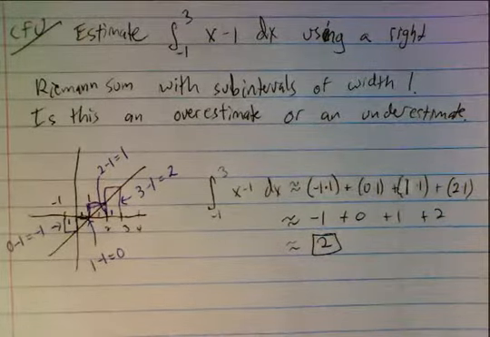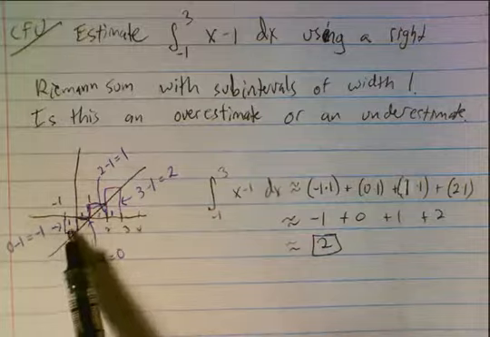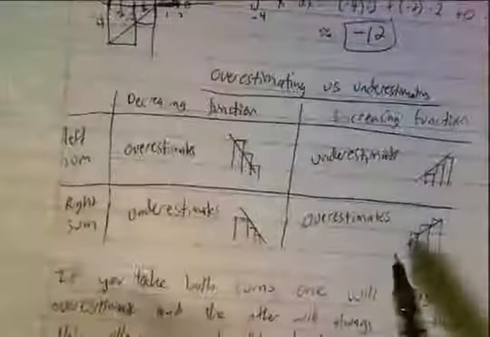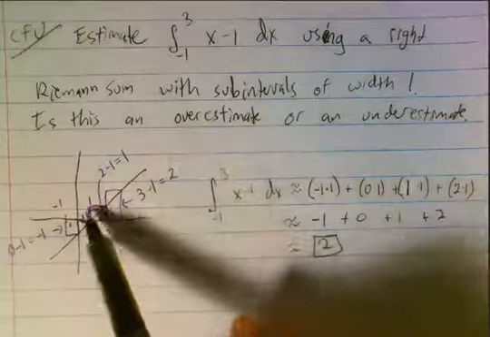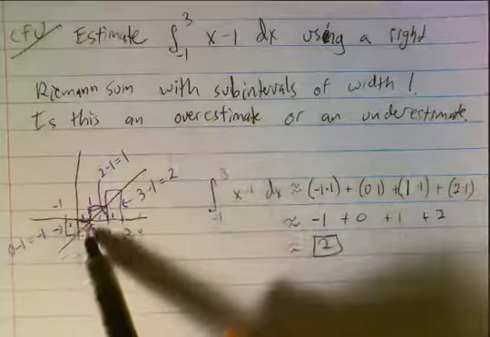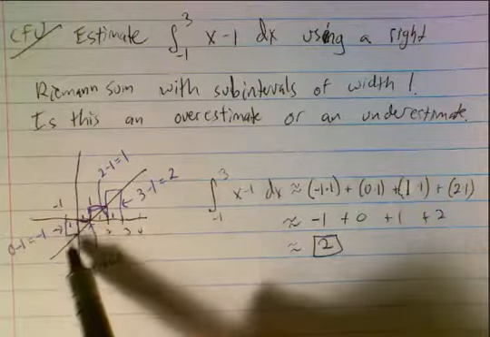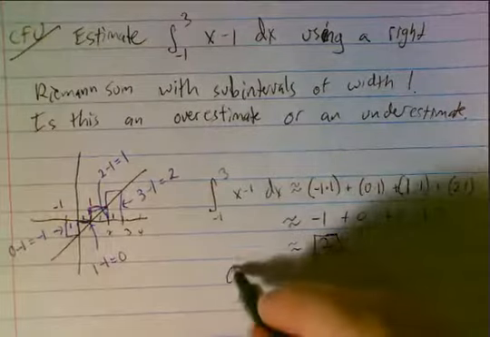Now our question is whether this is an overestimate or an underestimate. It's a little hard to tell with these negatives, but do remember from here a right sum and an increasing function is an overestimate. Also, we can kind of see that. We can definitely see the overestimate that's happening here. Here, less negative is being taken away than should because there are these little gaps here. So that means that this part is also giving us an overestimate. So it is an